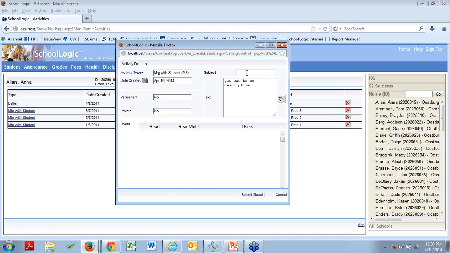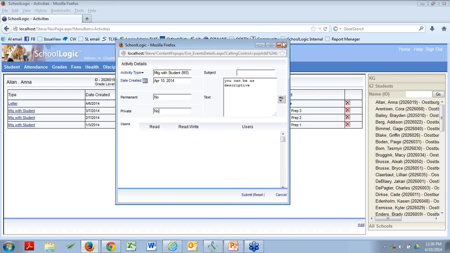Above that, now we have subject. We talked a little earlier that this can be important, so I would urge you to give some thought to this. You can't truly sort a report by this, either here or over in user-defined reports. But subject can still be important. By the way, right now today, subject hasn't been added yet to user-defined reports. See? We'll build that out a little later.